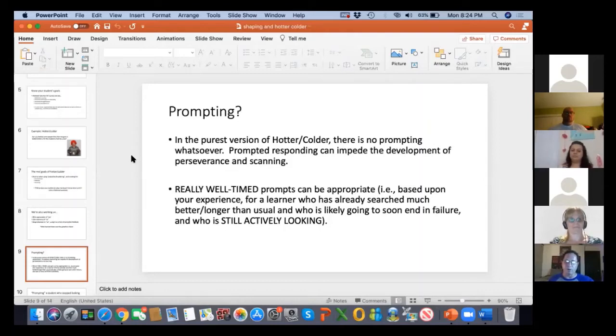Every 2 to 4 failures, I would just dial up my hint just a little bit more. I didn't want to give it away because I felt like I'd be reinforcing not attending. But I just dialed it up a little bit, and then he eventually got it on the 17th try. Most of the time since then, it would take him 1 to 3, maybe 4 or 5 tries if I set up a really ambitious problem-solving opportunity.